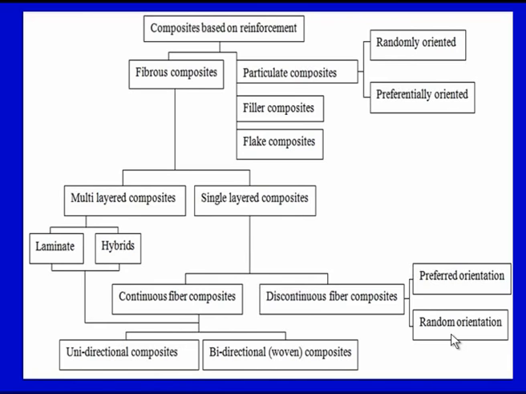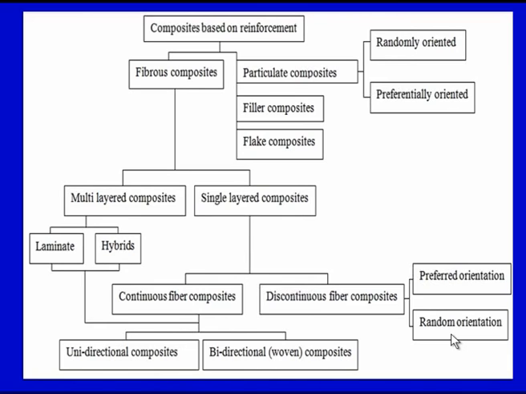Suppose the same composite which is having long fibers in one particular direction, we are applying a tensile load opposite to the direction of the fibers, or perpendicular to the direction of fibers, or in the transverse direction to the direction of fibers, the load bearing capacity of the composite would be considerably less. Why? Because the fibers now would not be taking much of the load, the failure would be induced by the failure of the matrix when the fibers are in x direction and I am applying the load in y direction and the tensile load is being applied in y direction.